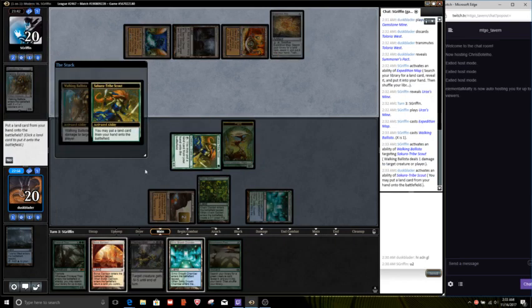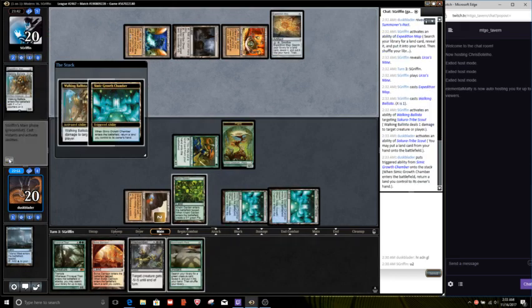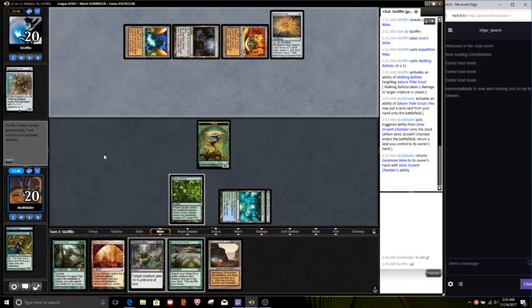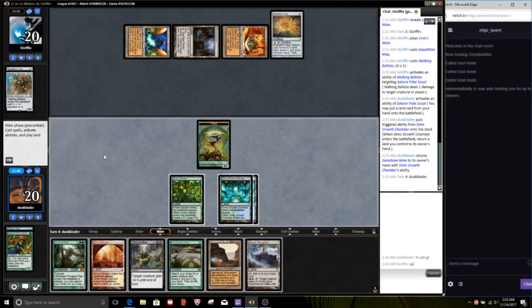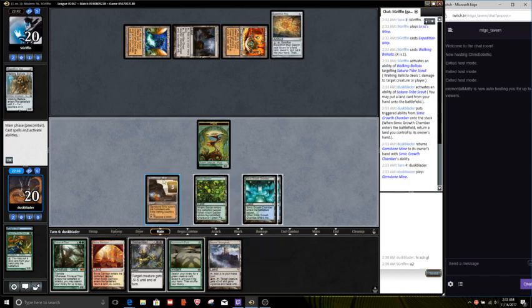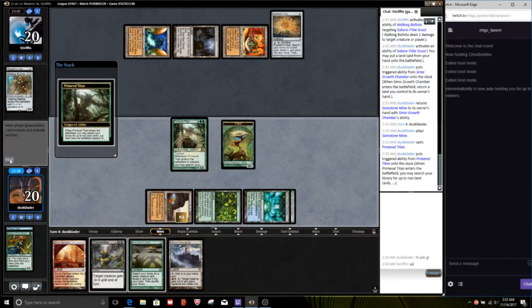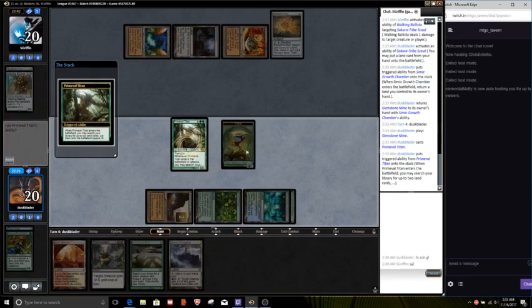I'm going to use this. Put in that. Bouncing this. And you kill that. Drawing good old Slayer Stronghold. So, green, green. Prime Time. Using Prime Time to get